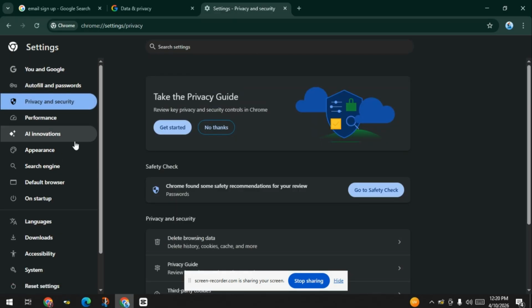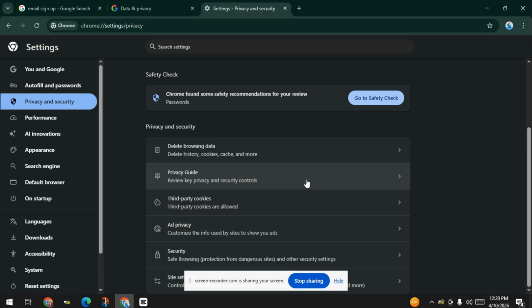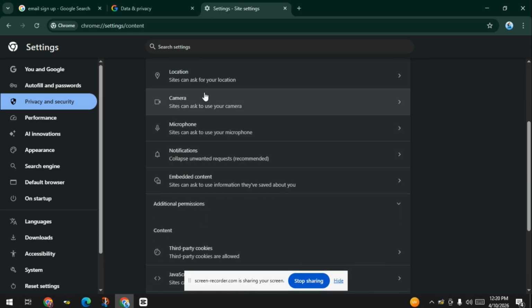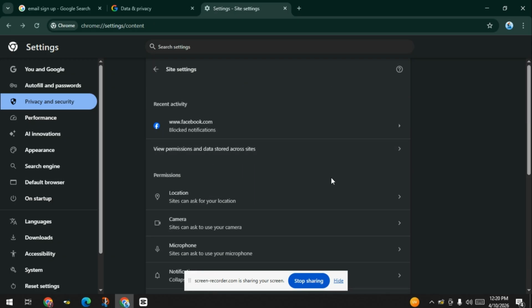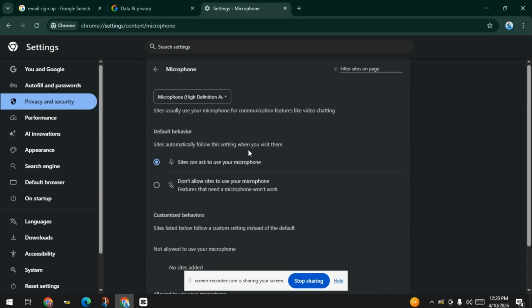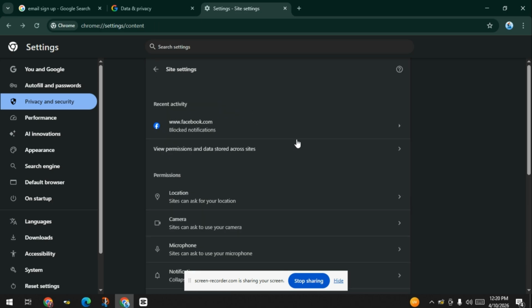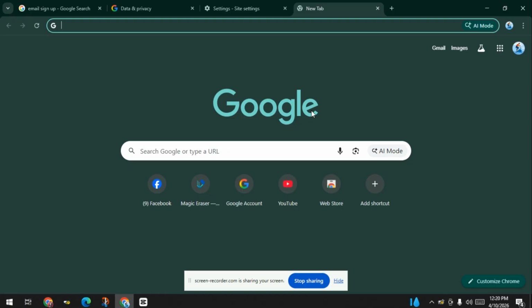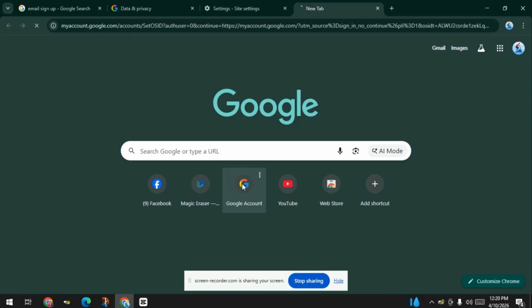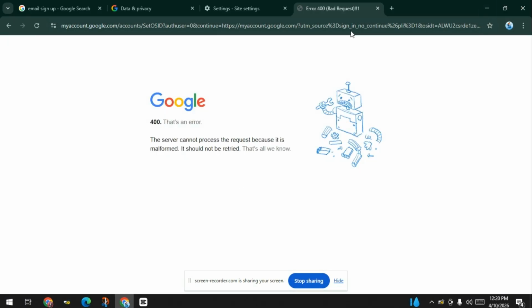Scroll down to Privacy and Security and click Site Settings. Under Permissions, find Camera and Microphone. Make sure the correct device is selected from the drop-down, then toggle the switch to allow sites to use your camera and microphone. Next, go to the website you want to use, then click the lock icon next to the